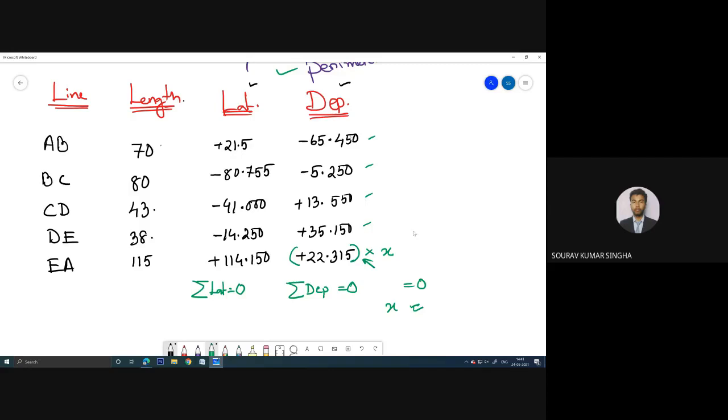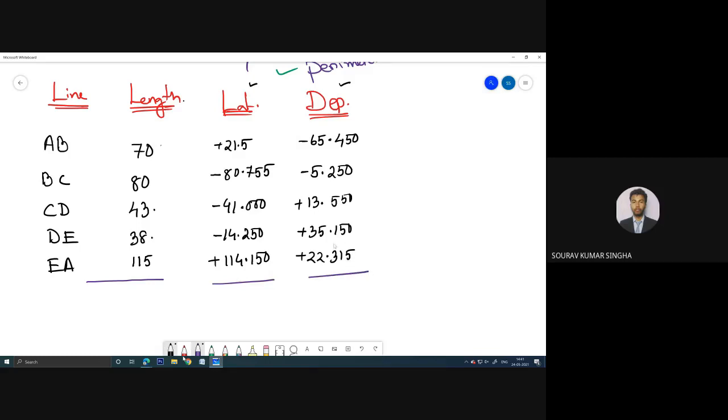Simple. मतलब ये समेशन ऑल द डिपार्चर वैल्यू को अगर ऐड करते हैं, we should have the value of 0. Okay, so then there will be no error. But right now we need to see what is the error value. So how can we check? Very simple. You just determine the total of latitude and total of departure. So I am just making a row, something like this.